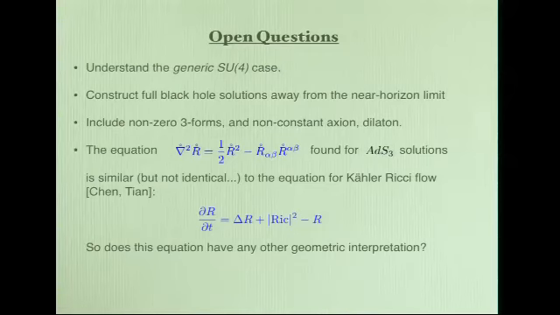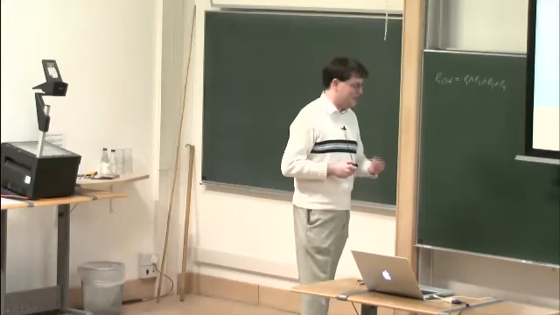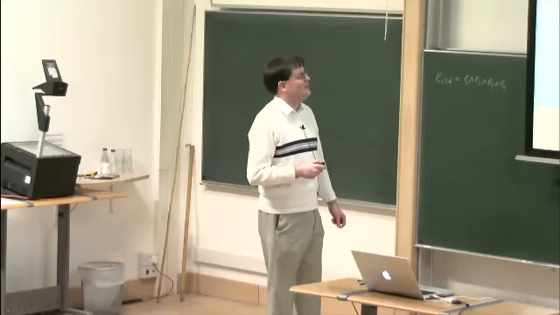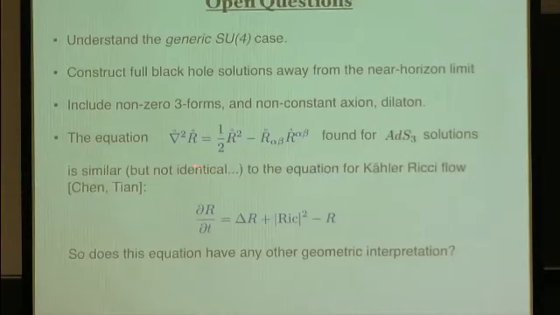So recall if we looked at the AdS3 solutions, and you impose the SO(2,2) symmetry for the metric and for the 5-form, at the end of the day, after a bit of conformal rescaling, we ended up with a Kähler manifold, a 6-dimensional Kähler manifold, whose Ricci scalar satisfied this equation. Now,